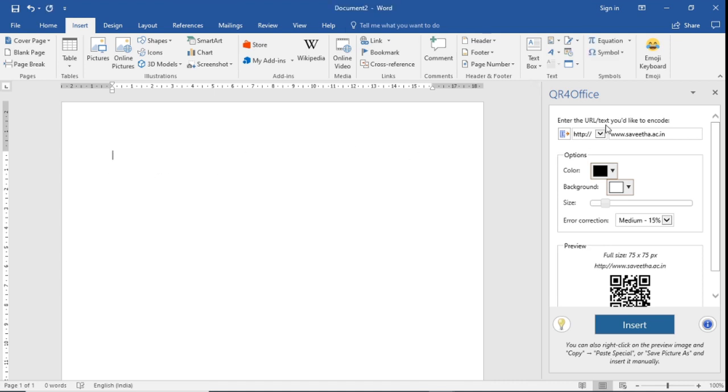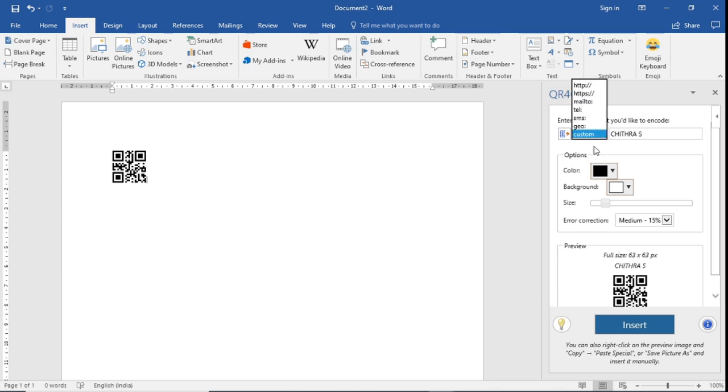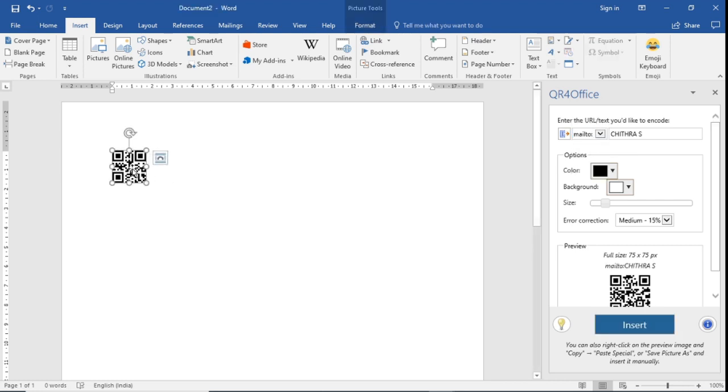If you don't want a website, and you want to insert any other custom text, we go to Custom. For example, I want to enter my name inside the QR code. So we can click on Insert. Now when you scan this, you will get whatever data you've entered here. So you can either enter custom data and generate a QR code, or you can also insert QR codes for websites or mail IDs. This can be used when you design brochures and you want people to scan a registration form, and for all those kinds of processes we can use this QR code generator.